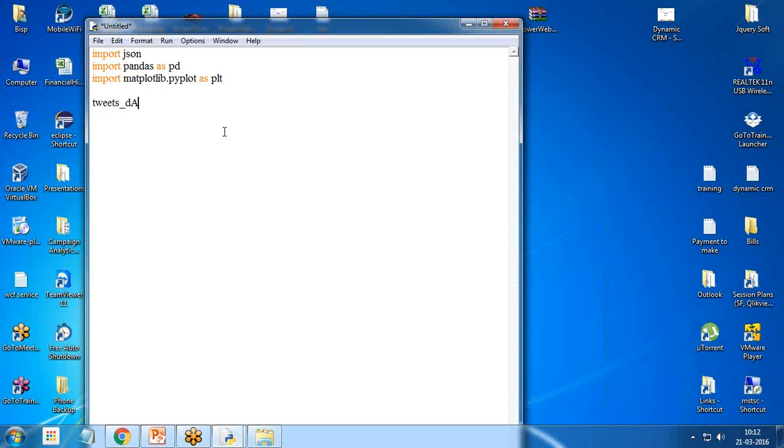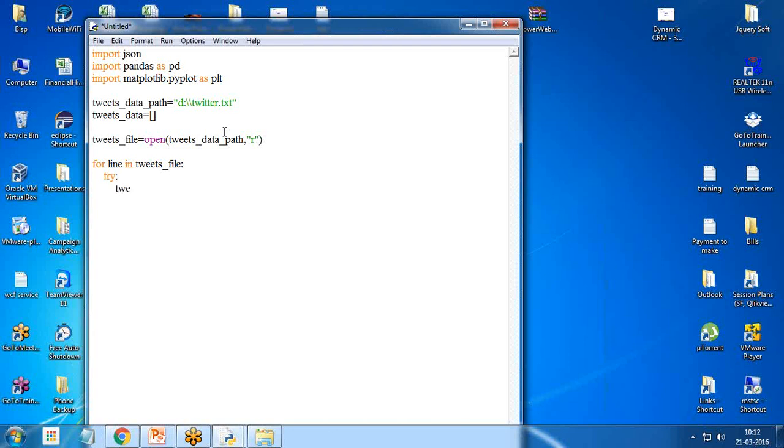Then tweets_data_path is equal to the D drive twitter.txt. tweets_data is equal to an array. tweets_file is equal to open tweets_data_path, in read mode, so it will read the file. For line in tweets_file,